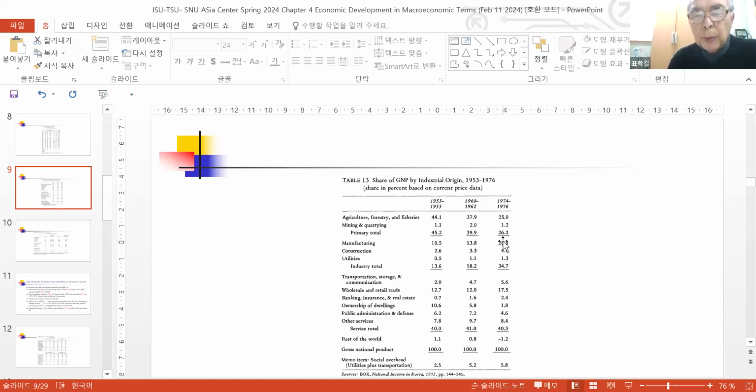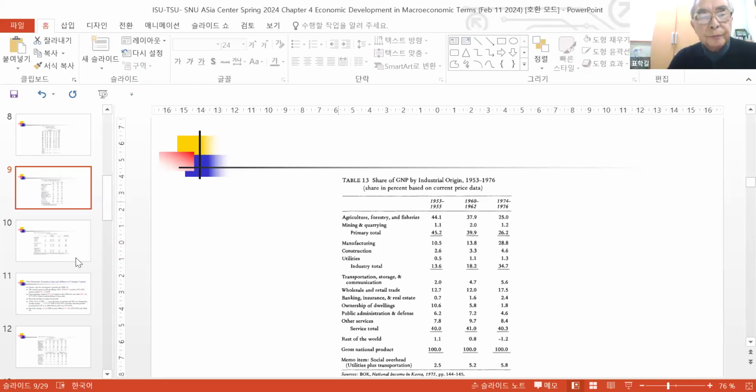That means out of 100, in the 1950s, only 10% was manufacturing products. Early 1960, 13% was manufacturing products. But by 1975, out of 100, 30 products were manufacturing based. So very much manufacturing based, social overhead based